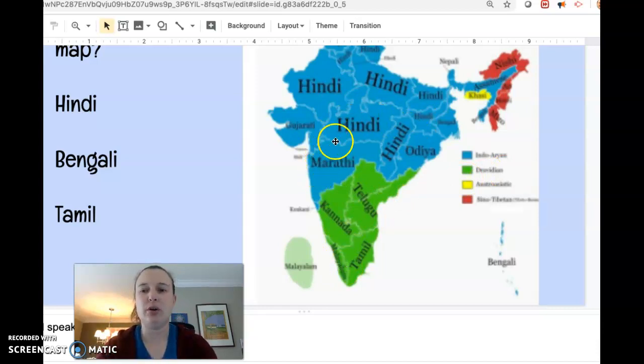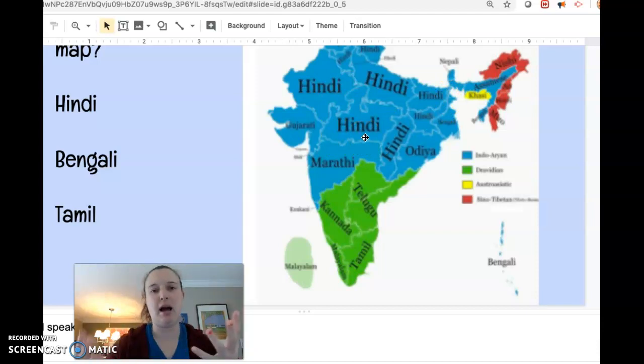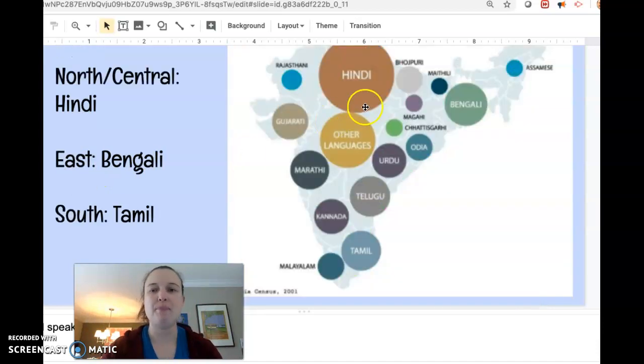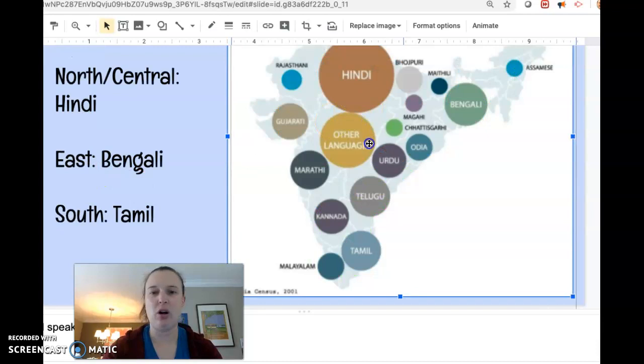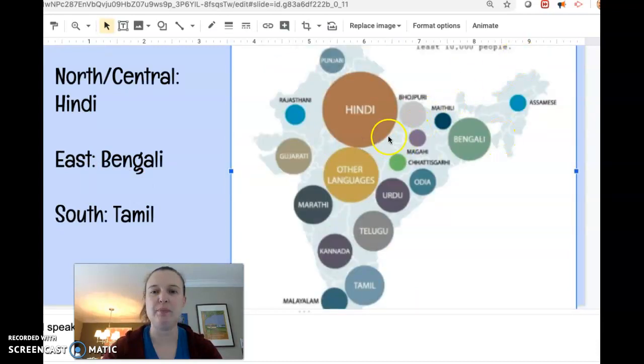Whereas in the north, they're Indo-Aryan, and actually lots of words from Hindi and these northern languages, including Bengali, are very similar to English. For example, we're going to learn that how you say name in Hindi is naam. So name and naam, that's pretty similar. There's lots of connections there. Let's look at another map. This is showing where all the different languages are spoken.